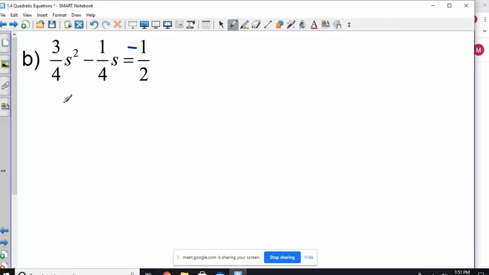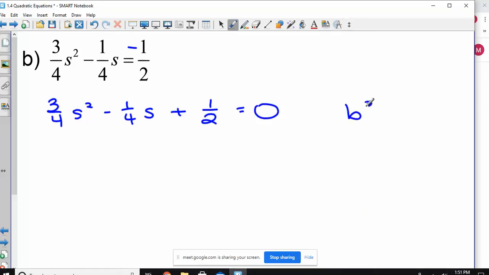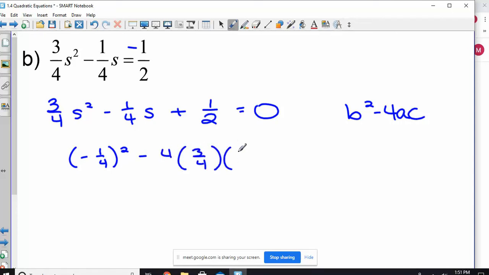Okay, so before I can do anything, I have to set this equal to 0. Bless you. So add over our 1/2. Then b squared minus 4ac. So our b is negative 1/4 squared minus 4. A is 3/4 and c is 1/2. So we get 1/16 minus